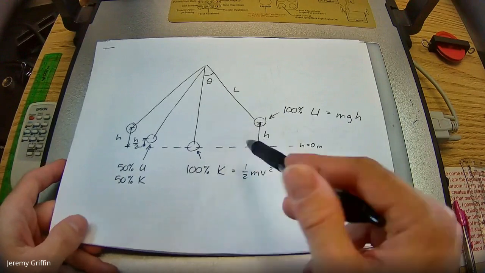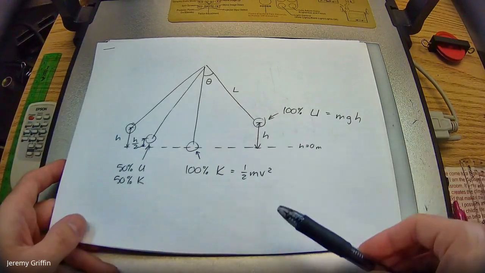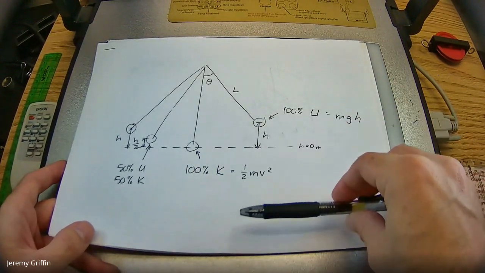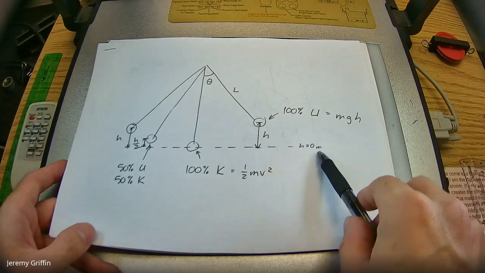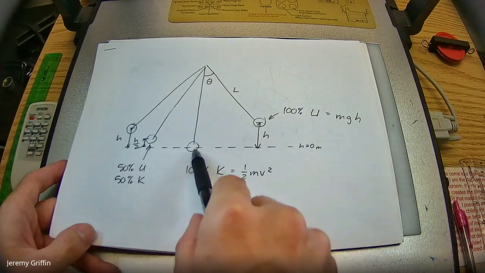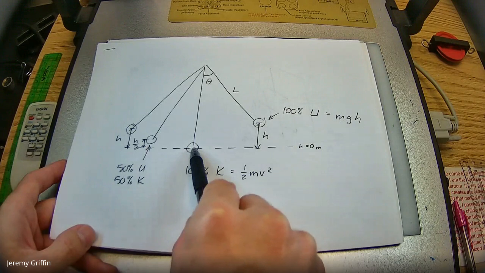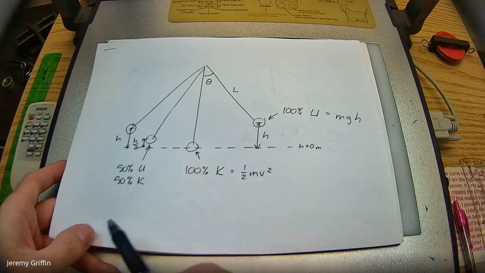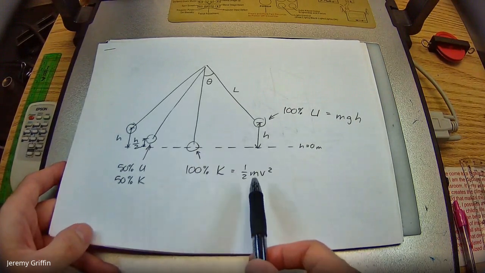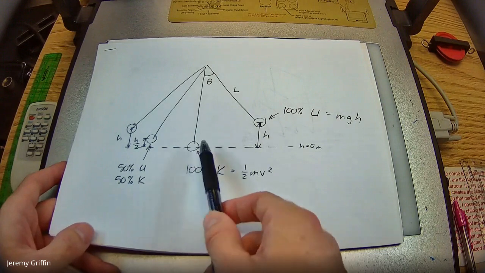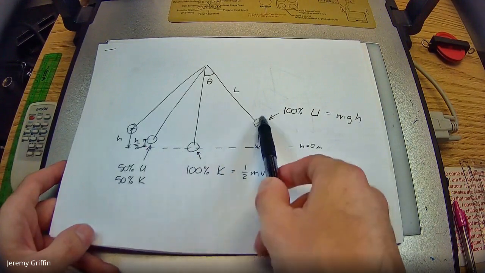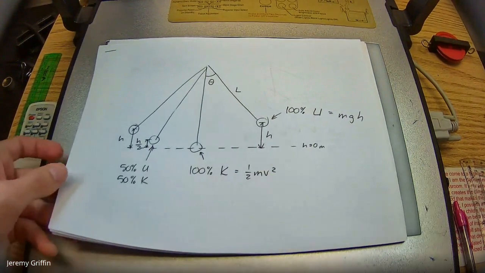Now, one thing I told you yesterday is you're allowed to put the floor level, like ground zero, wherever you want. A really convenient place for a swinging pendulum is the lowest point, because then at the lowest point all the energy would be kinetic. It would all be in terms of motion. There'd be no height left. So this goes potential, kinetic, potential, kinetic, but the total energy stays the same throughout.